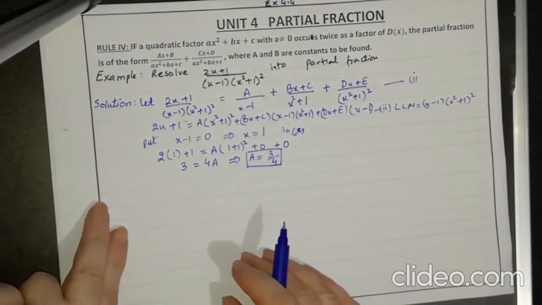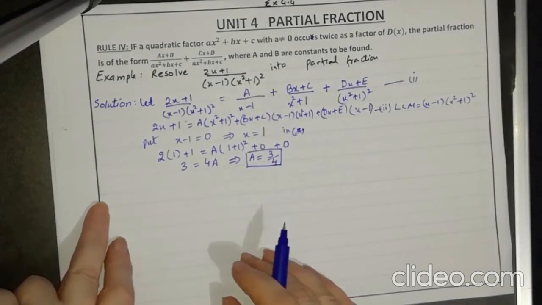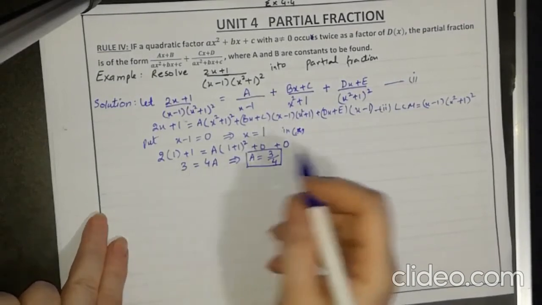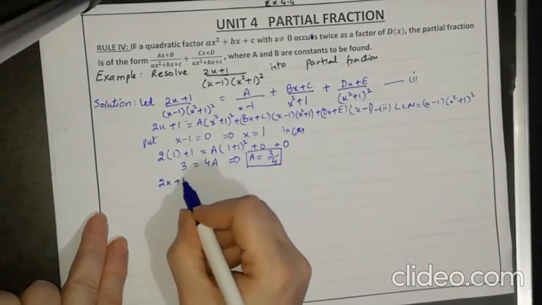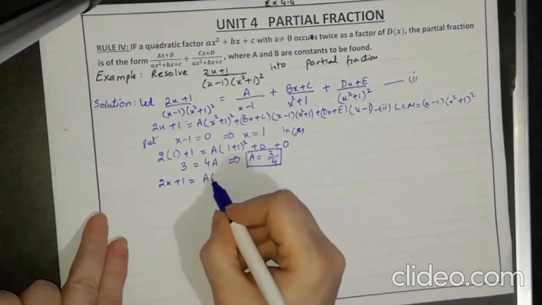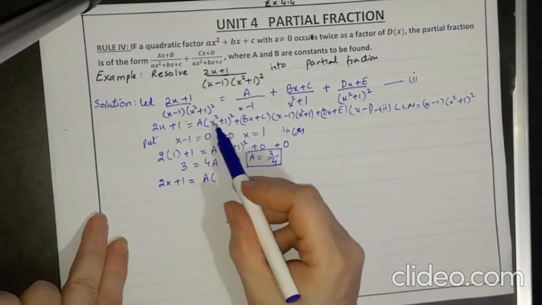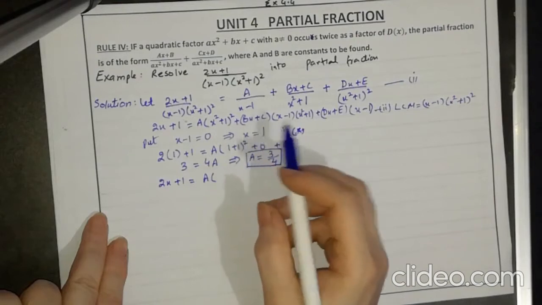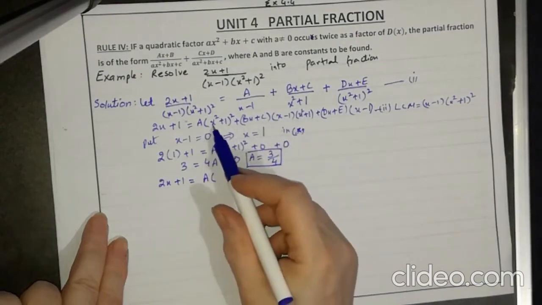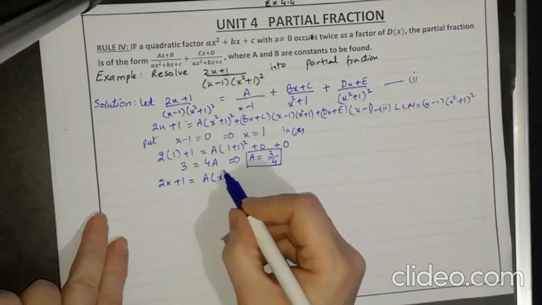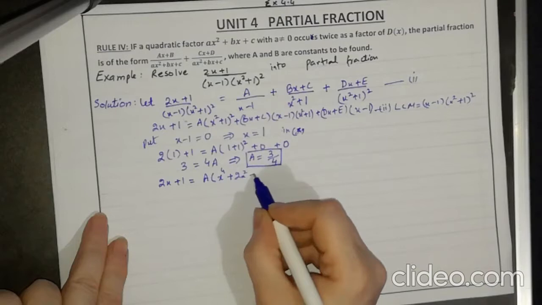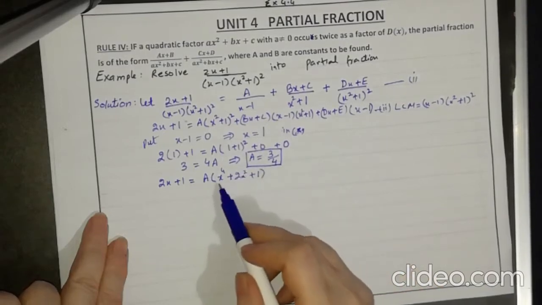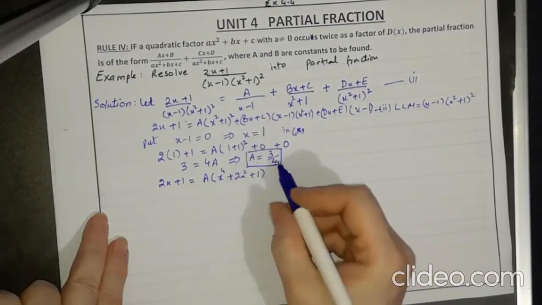For the other values, we have to compare the coefficients, as you have already learned in rule 3 or 2. So let's open the brackets. Now this is 2x plus 1 and here A. Now this is the (a plus b) whole square formula. Now I am expanding number 2. So a square means x to the power 4, plus 2ab, 2x square, plus b square. So I am applying the formula a square plus 2ab plus b square.